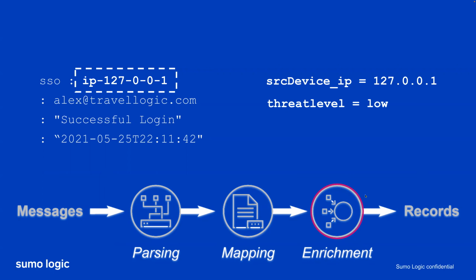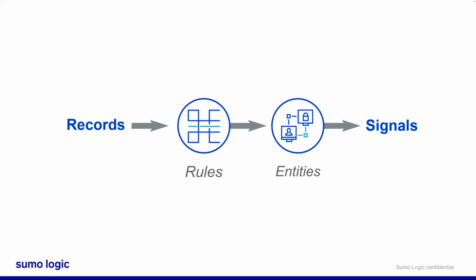Now, once again, each record is ingested into Sumo Logic. I keep saying Sumo Logic, which it is, but specifically Cloud SIEM. When it's ingested into Cloud SIEM, it's going to be compared to those hundreds of built-in and custom rules. If a rule triggers, that entity is extracted, that signal is created. And if a record matches the criteria specified in a rule, then Cloud SIEM creates that signal and starts tracking